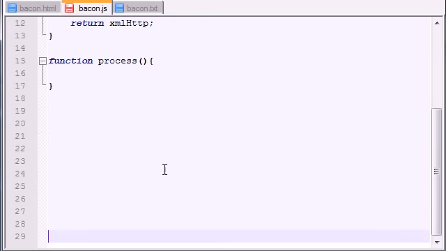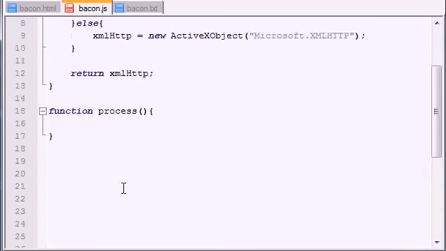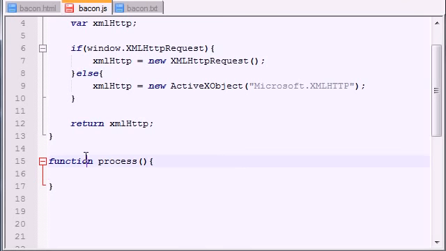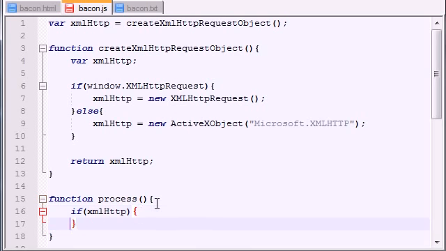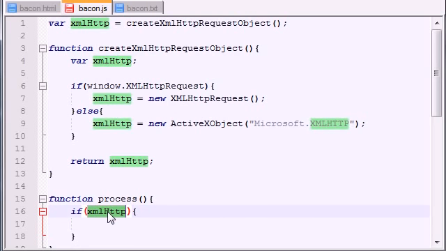And let me give myself a little more space to work with here. Alright, so remember that this function gets called as soon as the web page loads. So the first thing that I like to do is make an if statement that says, okay, if XML HTTP. Now, why do I like to do this? What's the point? Well, this checks that if XML HTTP, this object, is not void,